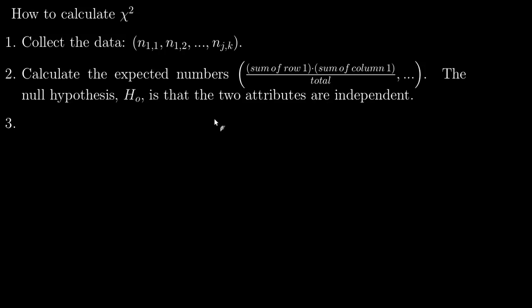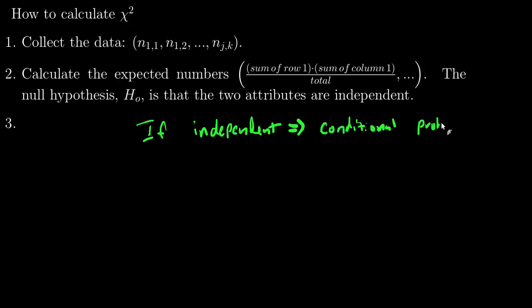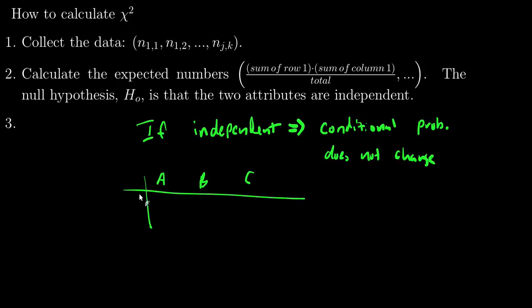Let me talk about this briefly. If they are truly independent, that means that the conditional probability does not change. So I have my chart, and I have a few things here. A, B, C, 1, 2. If there are, let's say, X elements that chose B, either in 1 or 2,